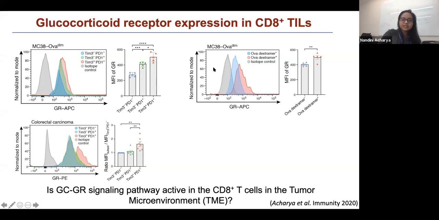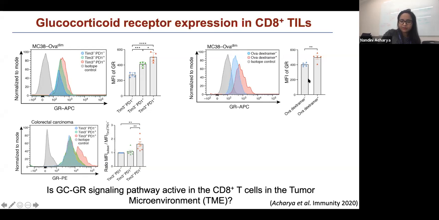We then wanted to see if this expression was different in the antigen specific cells. So because we were using the NC38 OVA model, we could look into the antigen specific cells by staining with an OVA dextramer reagent. So we looked at the expression of glucocorticoid receptor in OVA dextramer positive and OVA dextramer negative cells, and we saw that the OVA dextramer positive cells had higher expression of glucocorticoid receptors compared to the OVA dextramer negative. So this data suggests that glucocorticoid receptor expression could be increased by activation of the TCR in